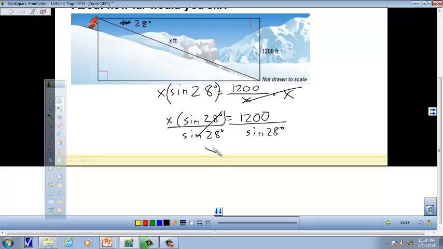Those cancel, and here's where we get out our calculator. So we have 1200 divided by sine 28. What do you think? Longer or shorter? Ends up being